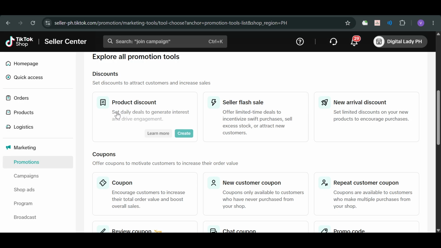Now you can find right here the promotion tools that we have available. So since we want to have a flash deal, let's head over and click on this seller flash sale. Head over and click on create. Once you have done that, you should be able to see right here the fields that you need to fill